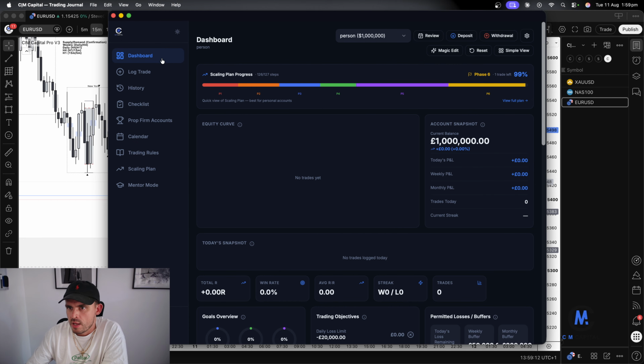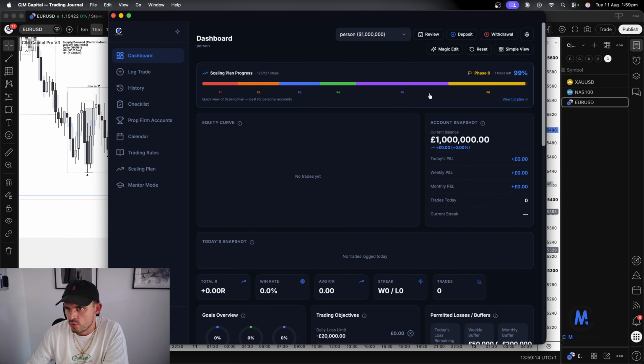So anyway, I'm going to quickly run through the dashboard. So on the dashboard, you have the scaling plan progress at the top. That is just a scaling plan. It's actually a challenge to £1,000,000 where you start off at £50. It's a bit of a silly thing, but say you have a personal account with £50,000,